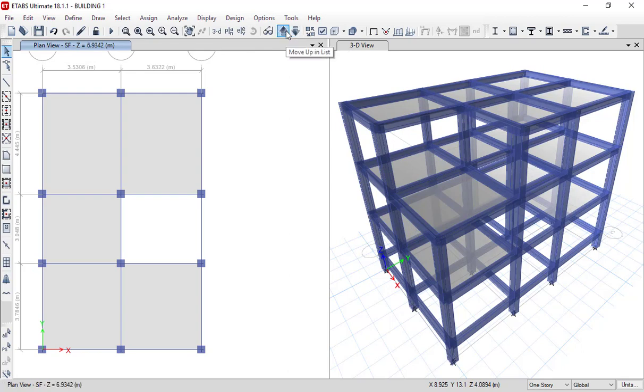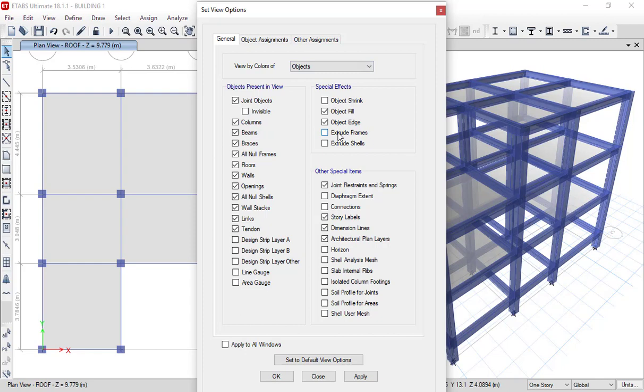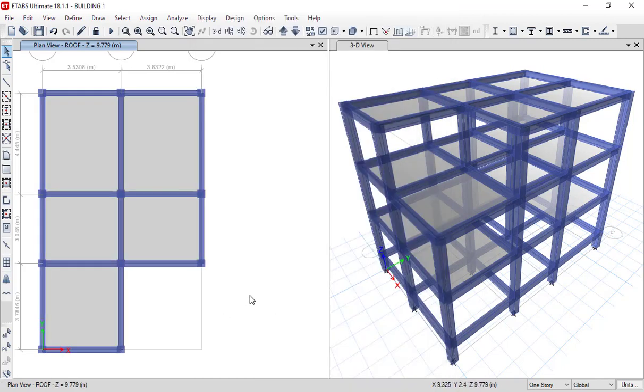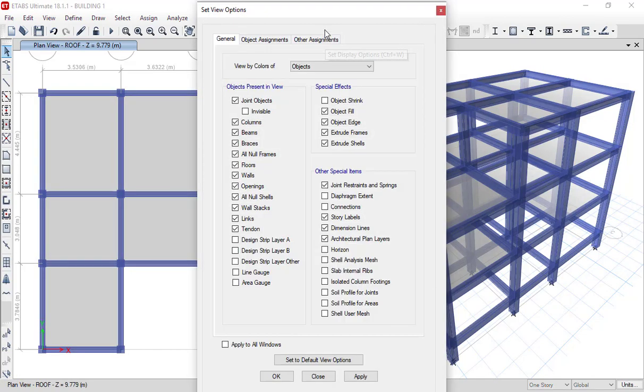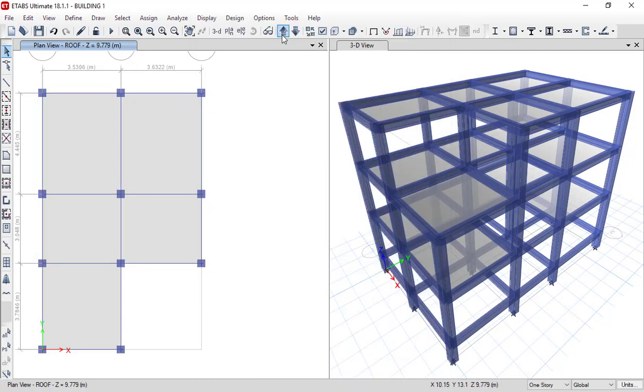If you move up, as you can see, this is my roof plan view. And if you have the extruded option, you can set display option, and if you have turned on these two options which I showed you in the previous video, you can turn off the extruded option directly from here as well. You can click here, turn off these two options, and you will be switched to the first floor plan view.